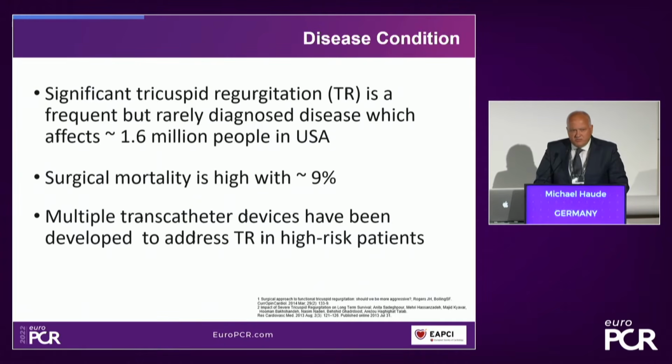Tricuspid regurgitation is a bit under-recognized disease, honestly speaking. Nevertheless, it is a very significantly occurring disease. We know that it is frequent, happening, for example, in the US and being present in about 1.6 million people. And I think the relation in Europe is not different. We know if we need to take surgical options to treat it, the mortality in these cases is quite high, around 9%. Therefore, a demand was there to create and develop multiple transcatheter devices to address the TR in high-risk